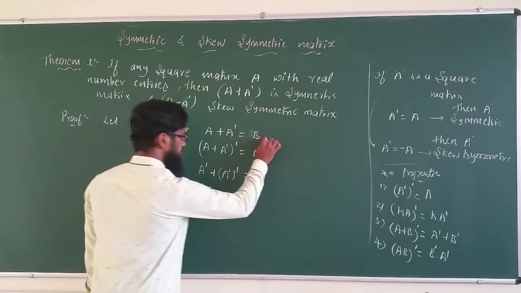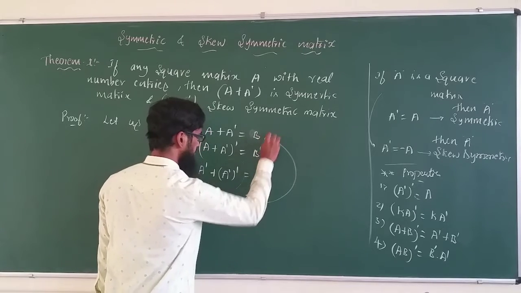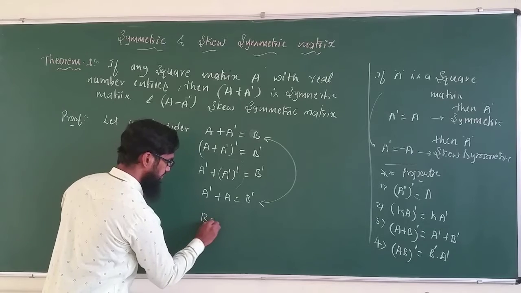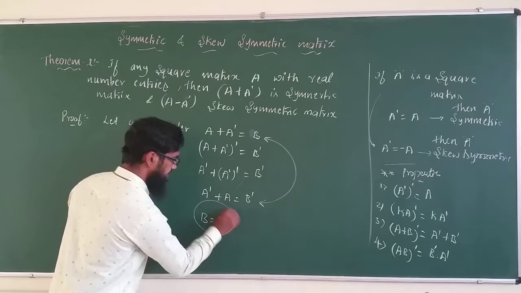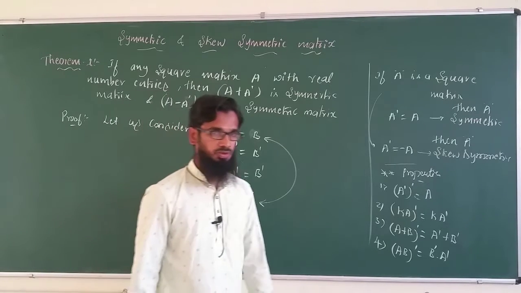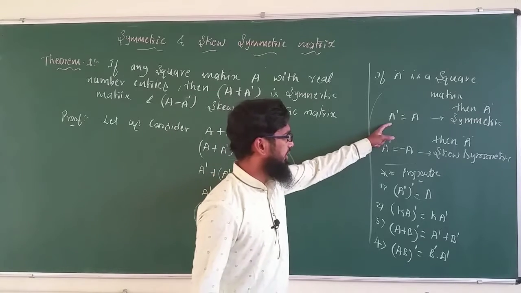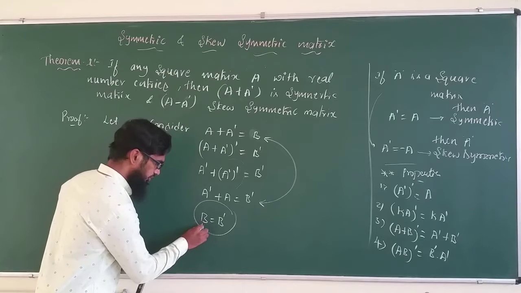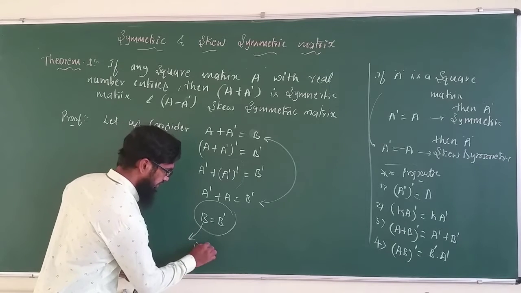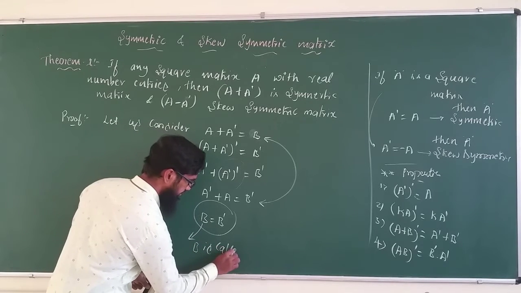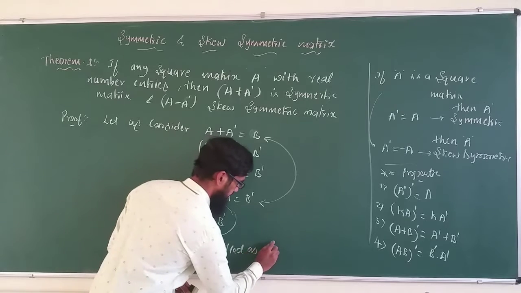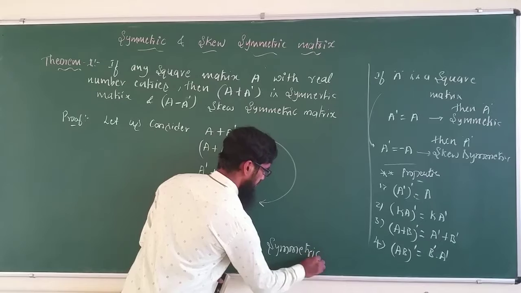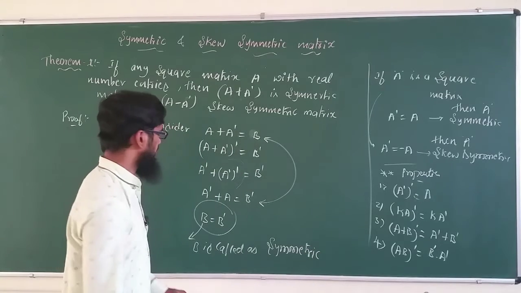Now you just compare these two equations. So what it gives from these two equations: here B is equal to B dash, that is, B is equal to B transpose. You just compare this here, A transpose is equal to A. Then what we can prove is that this B is called a symmetric matrix. I hope you are getting this one.